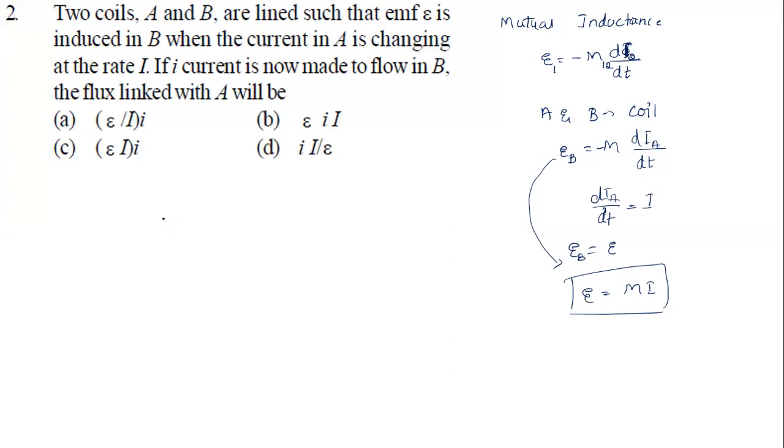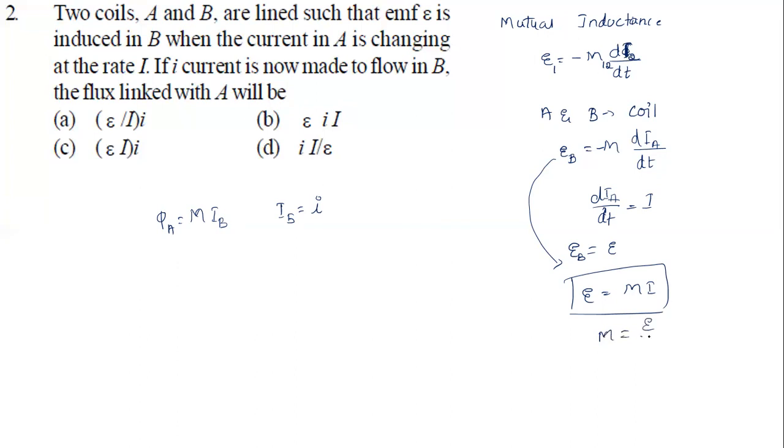Okay, flux, they're asking, right? The flux is linked with which coil now? Now the flux linked with coil A is equal to what formula? M into current in which coil? B coil. So current in B coil, how much is given? IB equal to small i is given. Correct, no? Small i is given. So I'm going to have from here the M value.